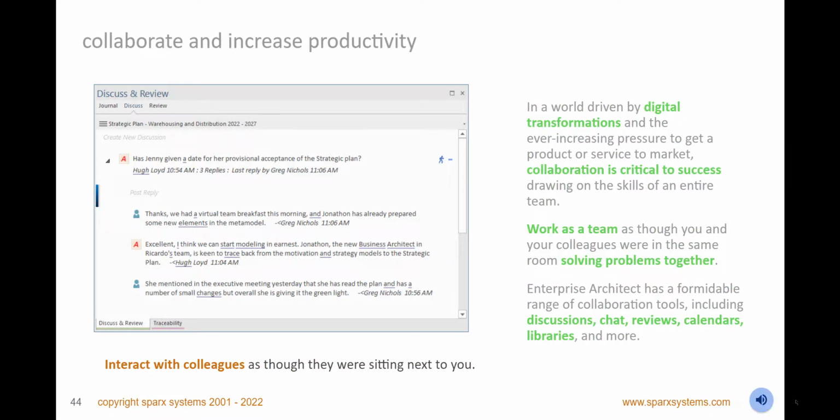Collaborate with customers, colleagues, and consultants, and build strategic models in record time using the collaboration and team features. Enterprise Architect is built from the ground up as a collaboration platform for sharing ideas and working and modeling together. Collaborate with your team and stakeholders no matter where they are located, and chat, discuss, comment, review, and share strategies, architectures, solutions, and visualizations, all in real time.